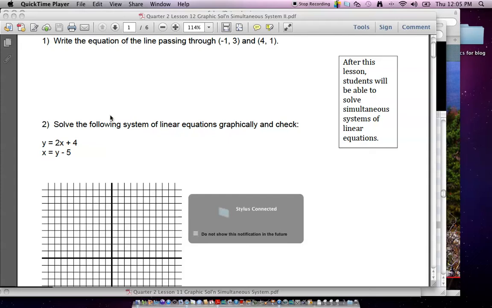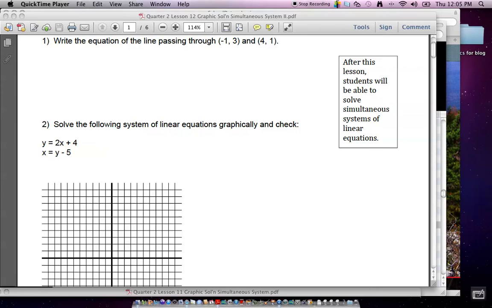Let's go through the do it, and then we'll let you go to bed. Okay? All right, so write the equation of the line passing through. And we don't give you a graph here. We've said before that the best way to do this, if it works out nicely, is to graph the 2 points, find the y-intercept and the slope by looking at the graph. But my initial impression here is I'm not so sure how that's going to work. I think it's going to go through the middle of 2 points. So let's start with y equals mx plus b.